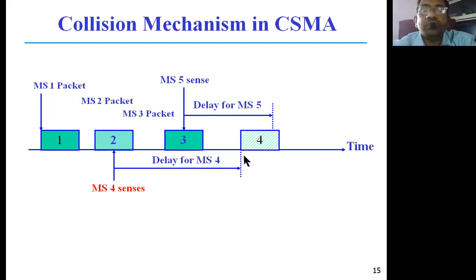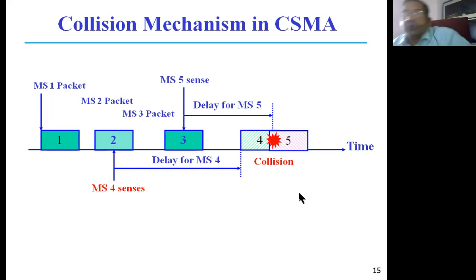Now this is the fourth one. It has to calculate the delays, and it should find out the probability of collision that takes place near this particular 4. So here it finds that there is a possibility of 4 and 5 colliding. Whenever it finds a possibility of collision, that information is given back to node 2 and node 3, so that they don't transmit their data in the given time slots. Thereby we can avoid collisions here. That means a lot of handshaking is going to take place between the shared resource and the mobile stations.